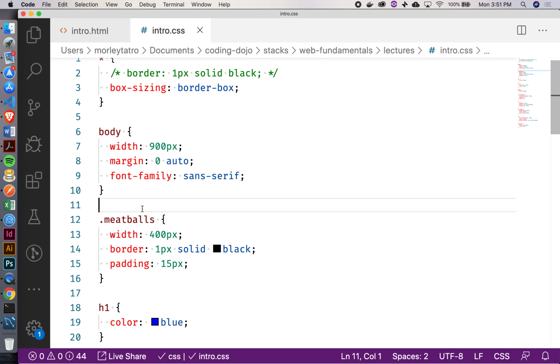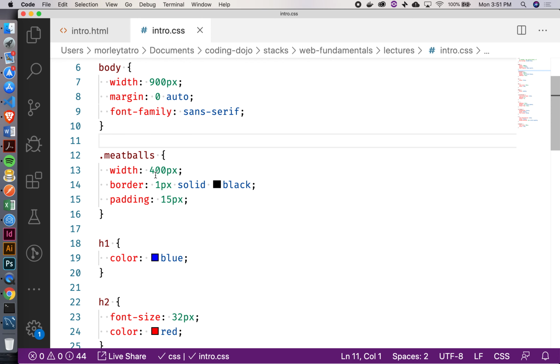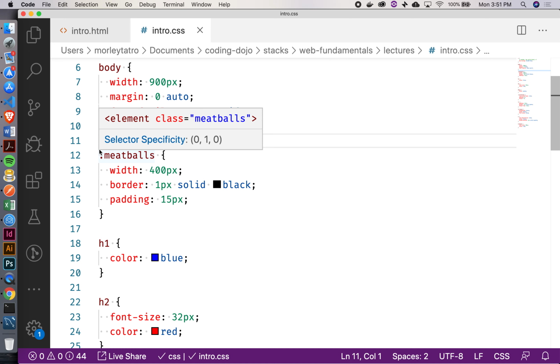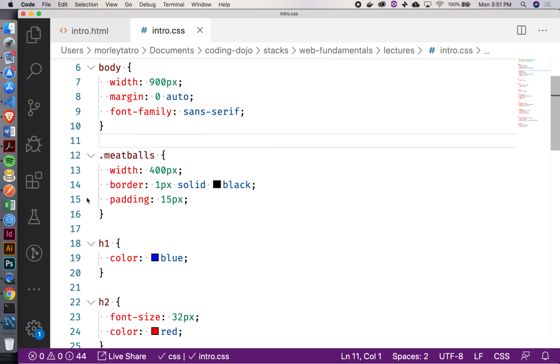All right. We're setting the width of the image to 400 pixels. We're creating a border around the image of 1 pixel that's solid black. And then we're adding padding of 15 pixels in between the edge of the image and the border. Correct. Yeah, exactly. So again, because of the box sizing property that I applied above, it means that the